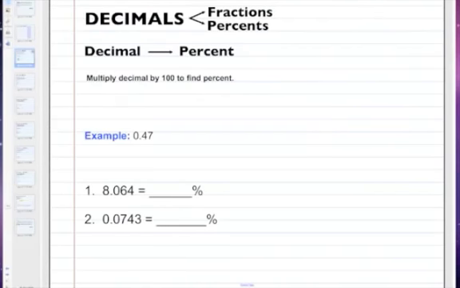Alright, so the first conversion we're going to do is going from decimal to percent. To change a decimal to a percent, you simply need to multiply the decimal by 100. For example, if I have 47 hundredths, I would multiply that by 100. And when we multiply a decimal by 100, that really is the same as moving the decimal point to the right 2 places. So if I'm going to multiply 47 hundredths by 100, I get 47,